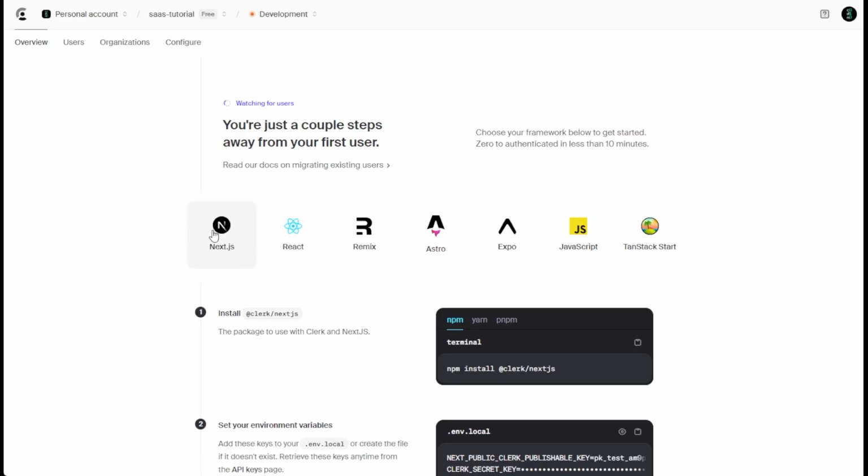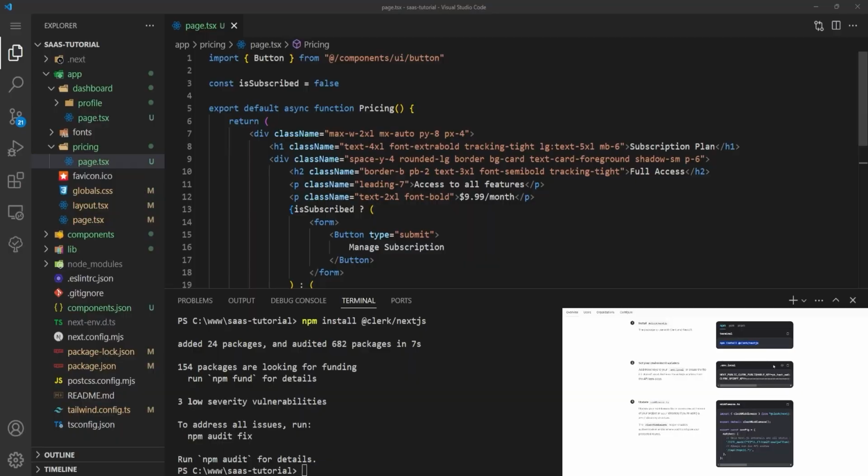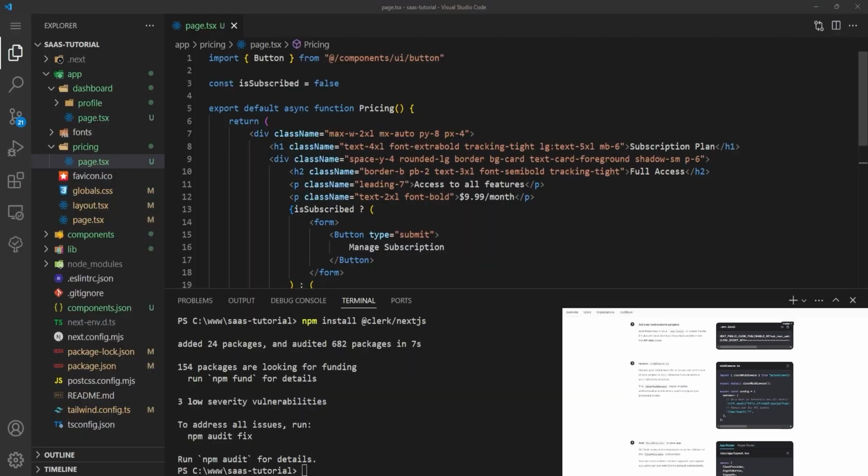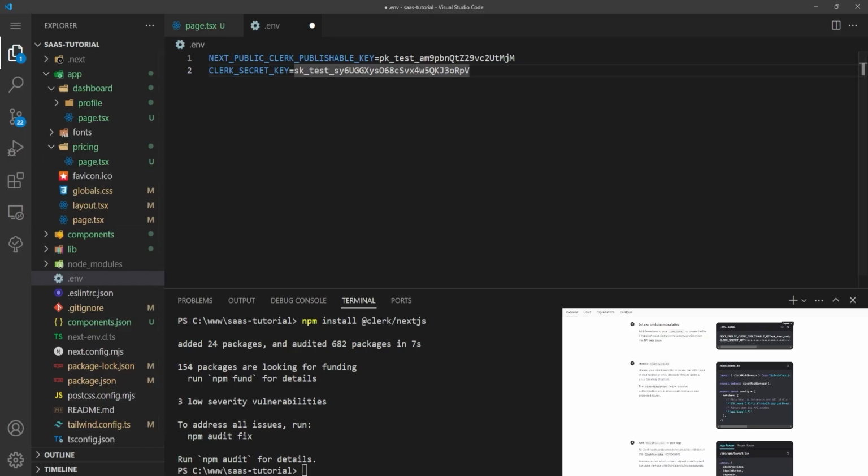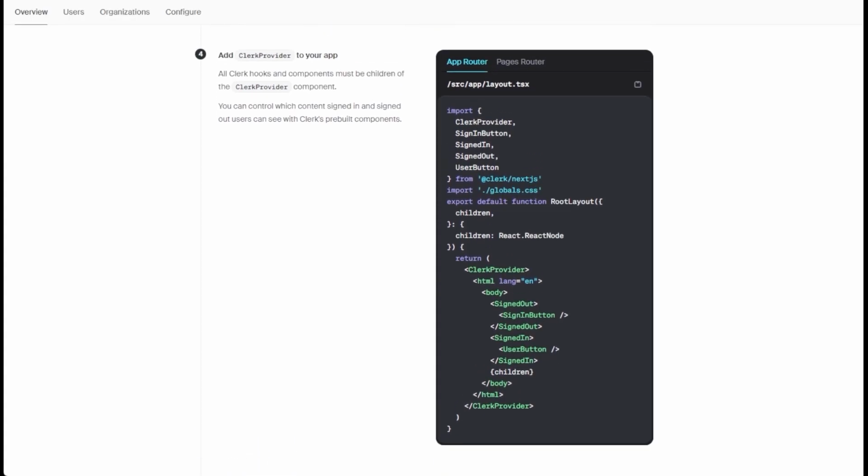And now I have there a guide how to do this with Next.js. We have there environment variables. Let's click on copy, and now we will paste it there. Then we can also see the example of the implementation for this sign in, sign out, but we will from